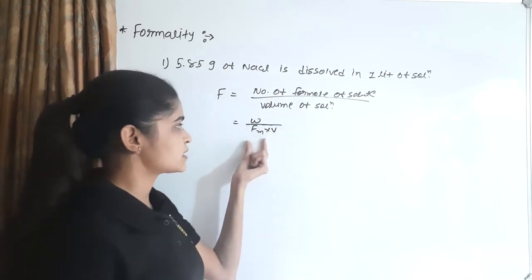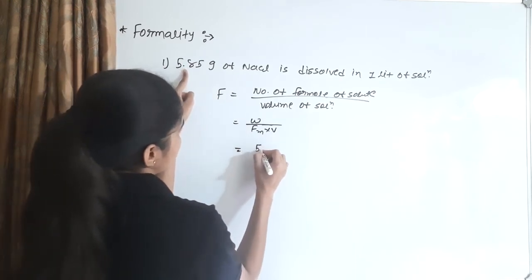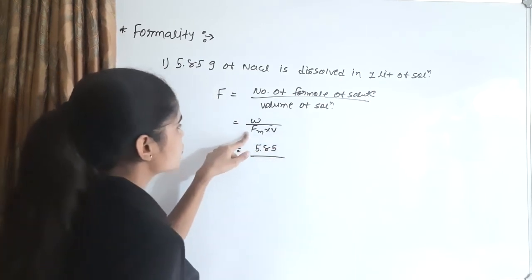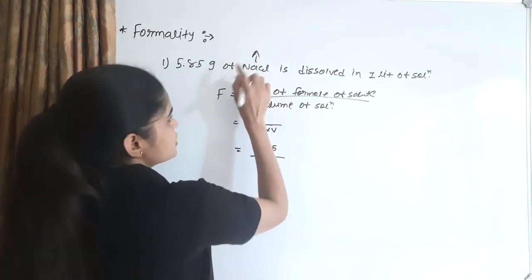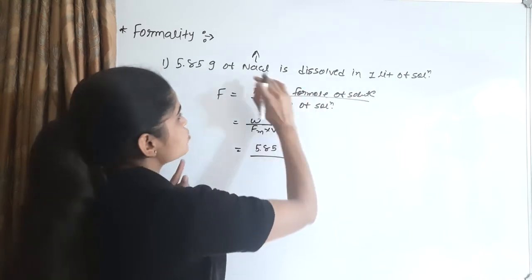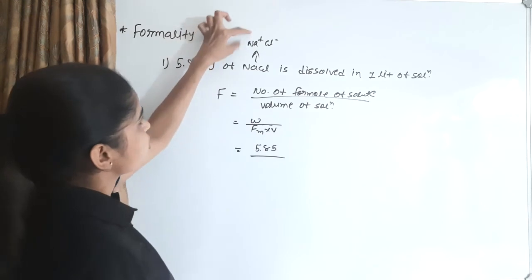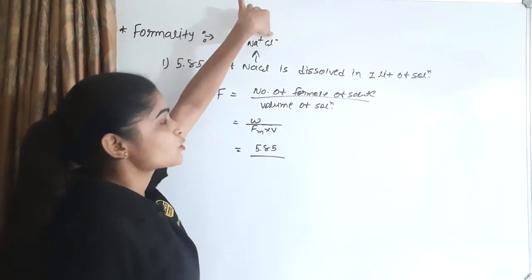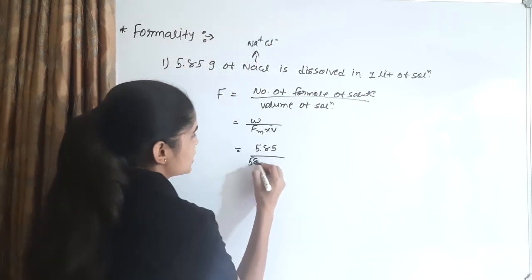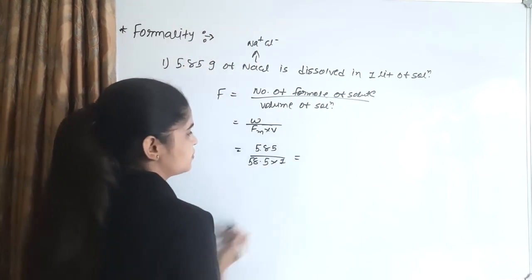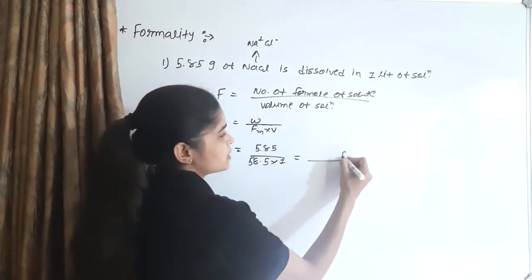Formula mass is also known as the observed molecular mass. The weight of the solute given is 5.85. How do we find the formula mass? NaCl dissolved in the solution dissociates into Na plus and Cl minus. Na plus has 23 and Cl minus has atomic mass 35.5. So the total mass is 58.5, into 1 liter. This is the answer for the formality, and it is denoted by formal.